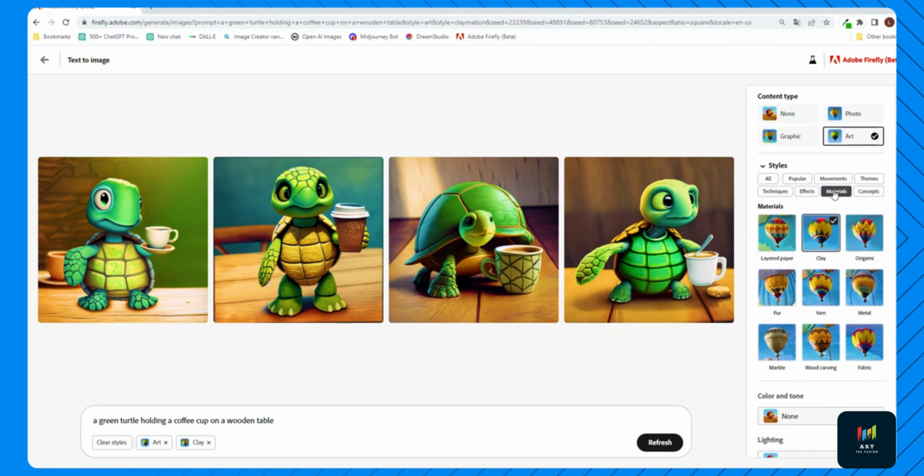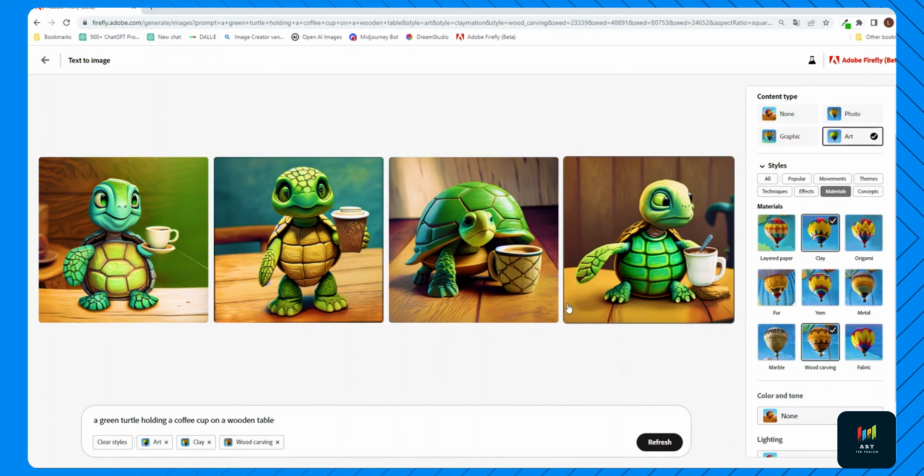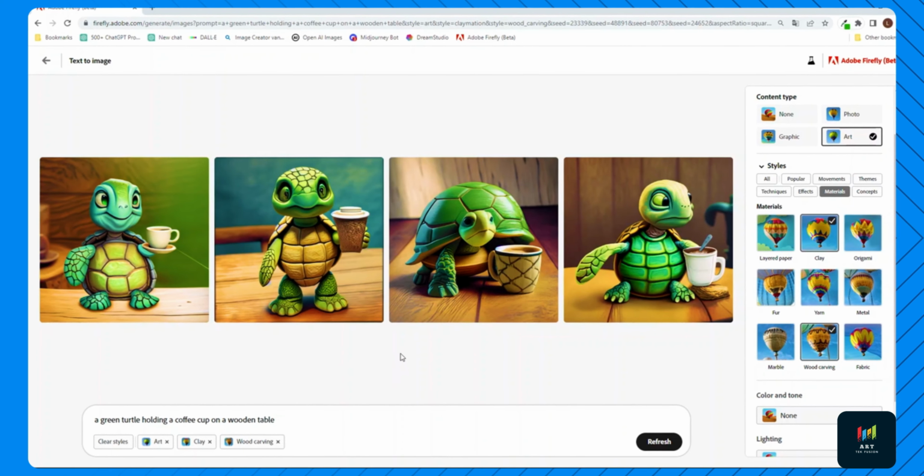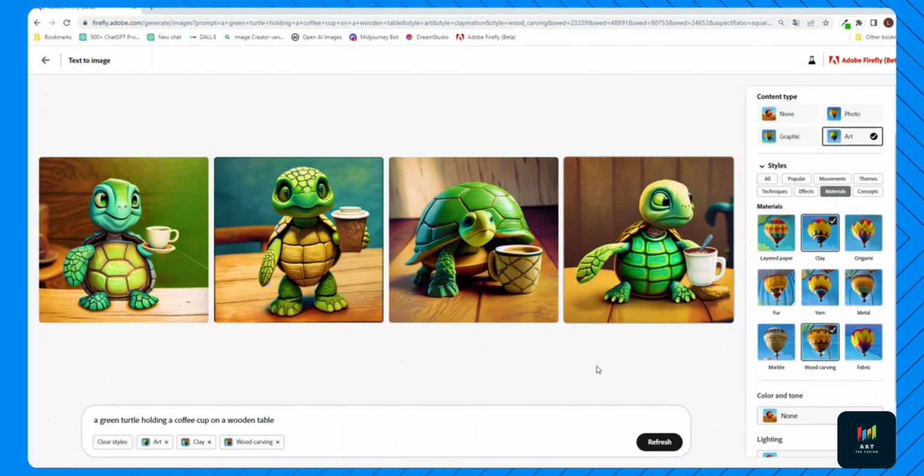So let's go to materials, and let's maybe also try to add wood carving, and let's hit generate. And you can also see, especially on the shell of this one right here, that it added quite a bit of that wood carving element in there as well. So I think these styles right here don't work as well as adding multiple styles in the prompt in different image generators,